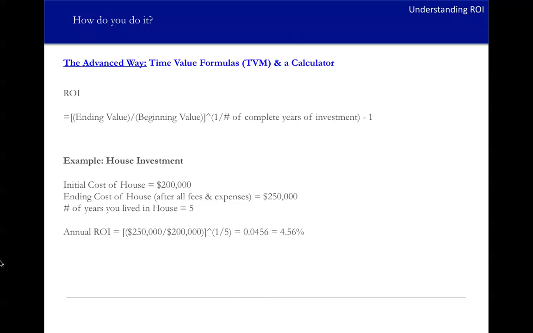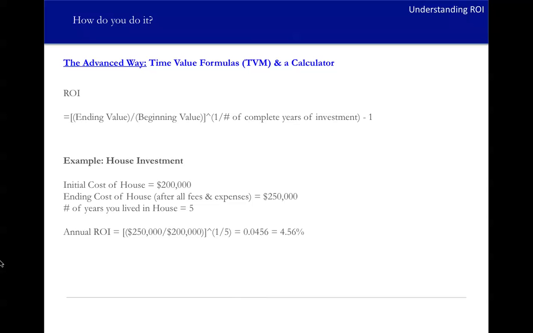So again, the best way to do it is through your house investment example. Initial cost 200 grand, ending cost of the house $250,000, and the number of years that you live in the house equals 5. So you put it into the formula, 250 over 200 to the 1/5 equals 0.0456 equals 4.56%. Again, I encourage you to try this formula,